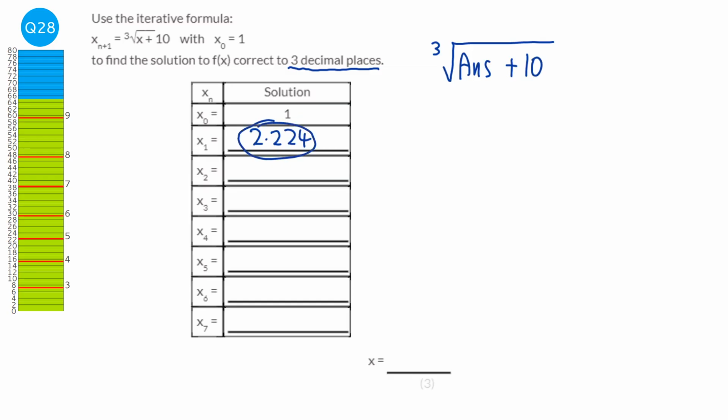because instead of using the 1, it will use the 2.223980091, etc. as the answer. So I'm going to press equals again, and lo and behold, I get